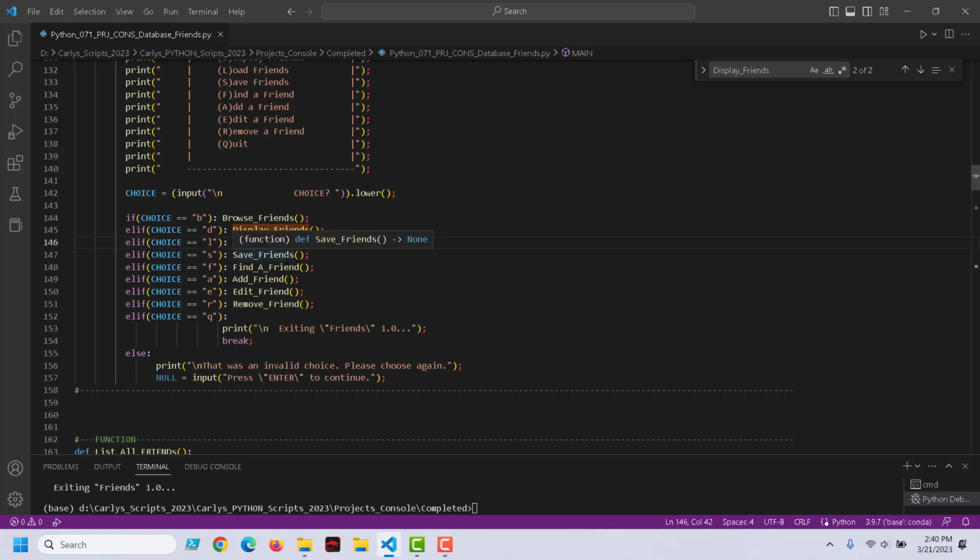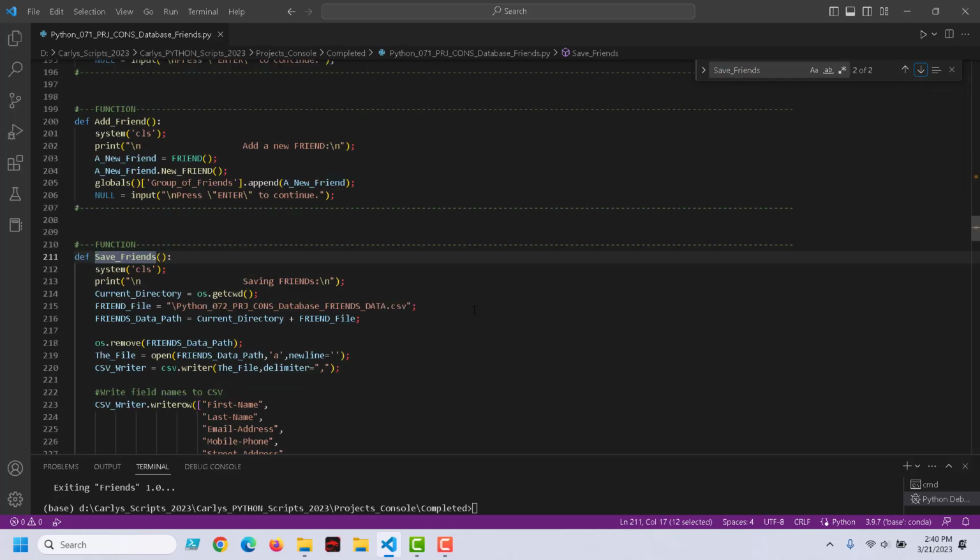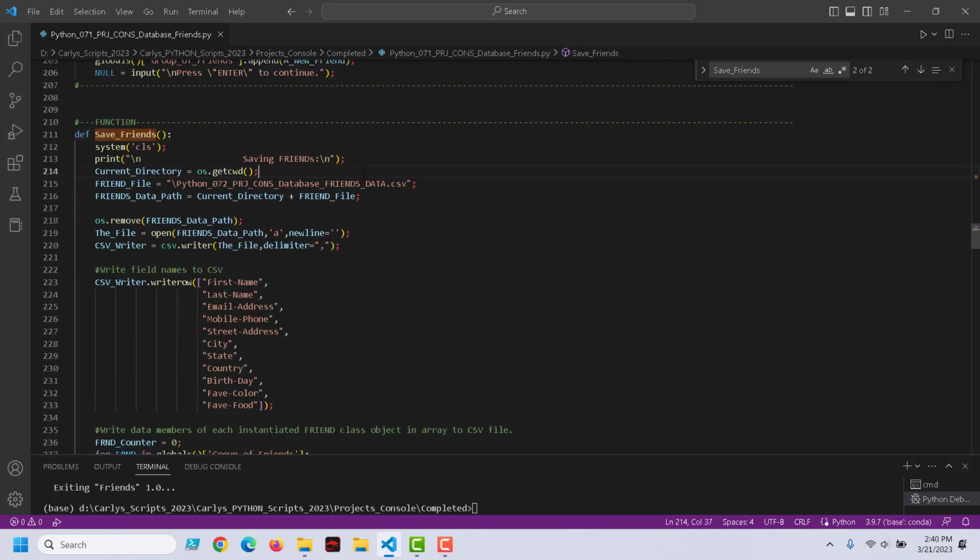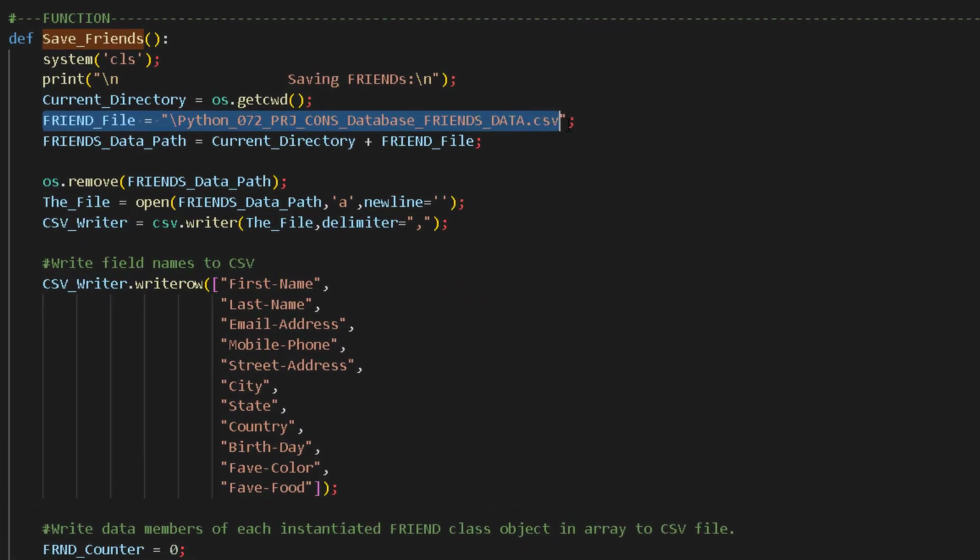And then we have load friends and save friends. So let's take a look at save friends first, okay? What happens with save friends? So we're going to create a file, and we want to get the current directory that our script is running from. So that's what we're using OS for, to get the current working directory. And we're going to concatenate that together with the name of our file, okay? And then once we do that,